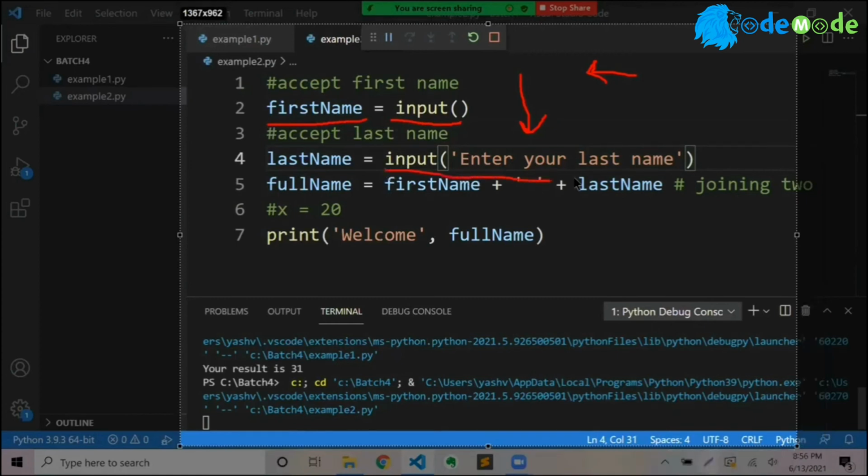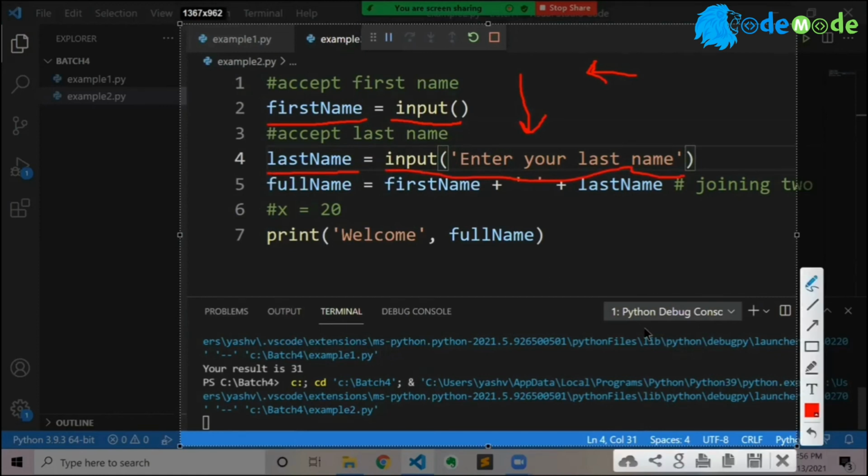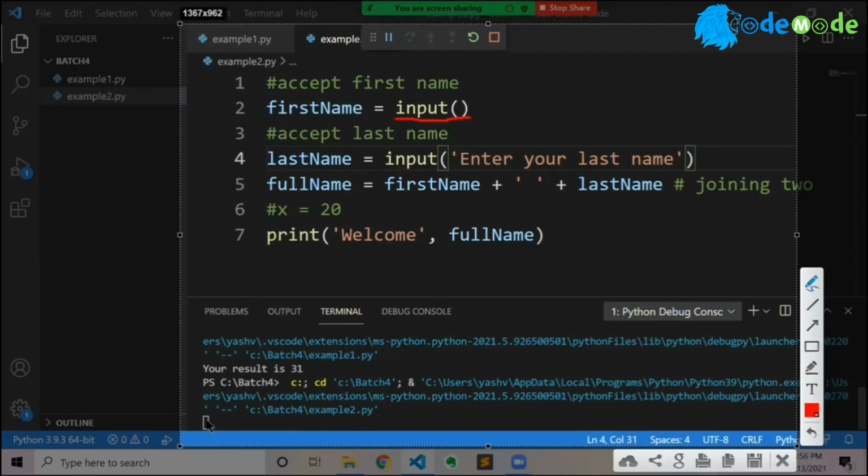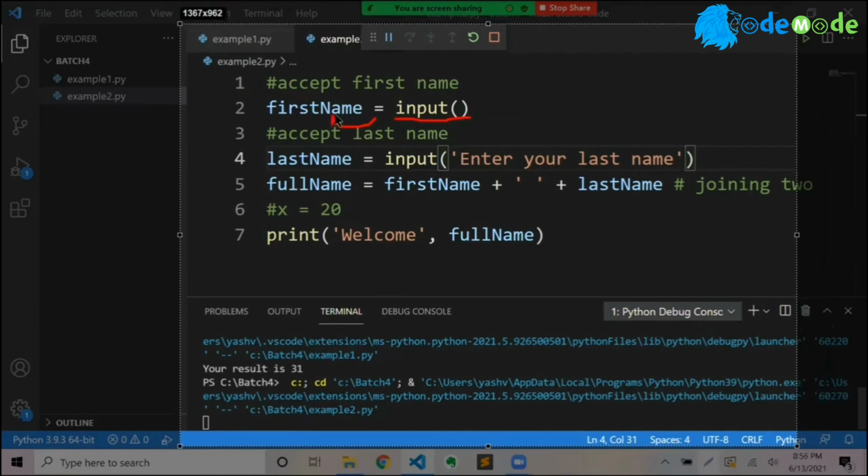Similarly, this part of the code will run first, then assignment happens. So right now, the code is waiting at input parenthesis, and it is waiting for me to enter a value. Once I enter a value, it will assign whatever I entered on the keyboard to the variable first name. Then it will go to the next line.